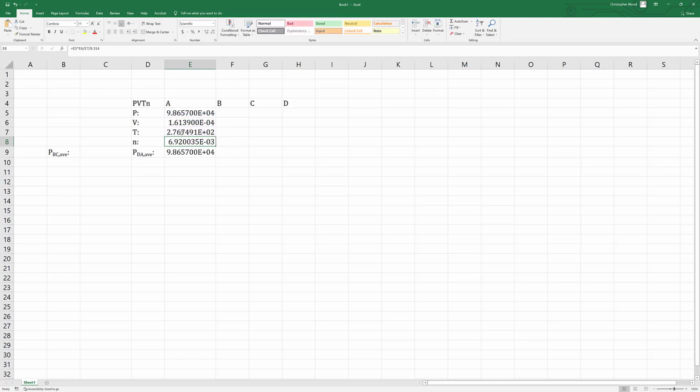You should have exactly 6.920035 E minus 3 for the number of moles. If you have anything even slightly different, troubleshoot. You need to exactly match this number down to the last decimal place. 6.920035 E minus 3. We are similarly going to take pressure sensor data and use Capstone to compute the average